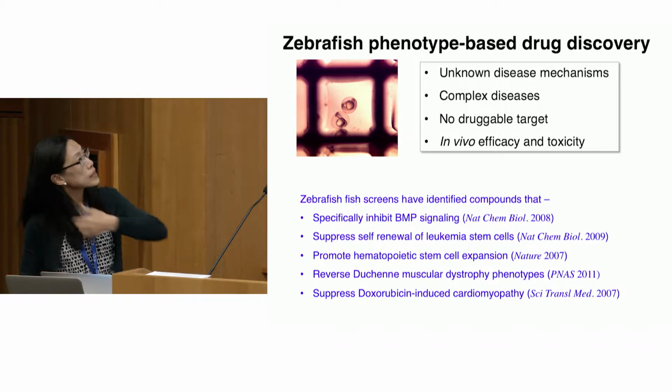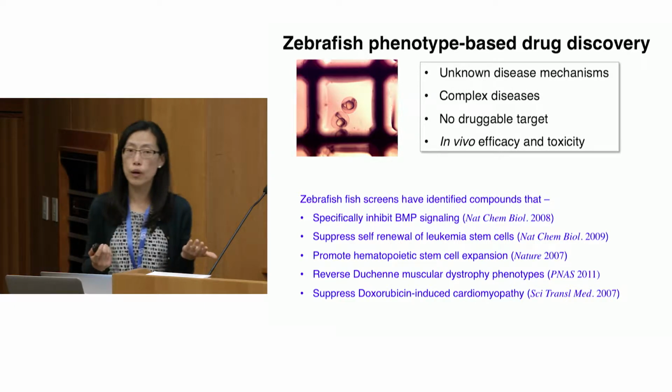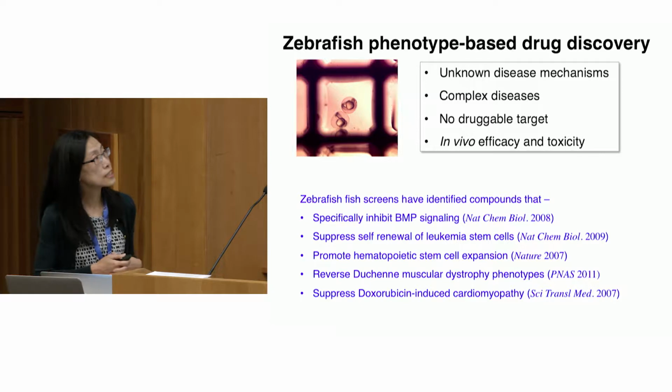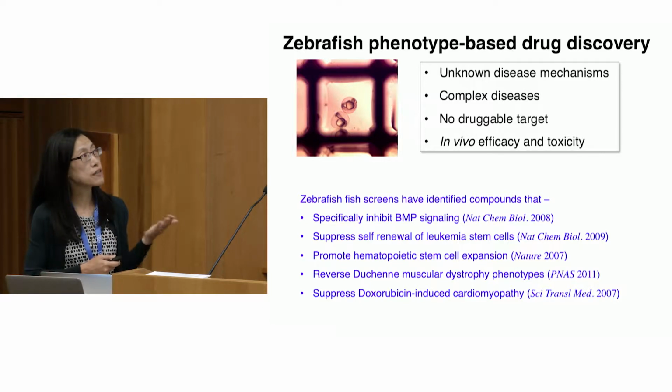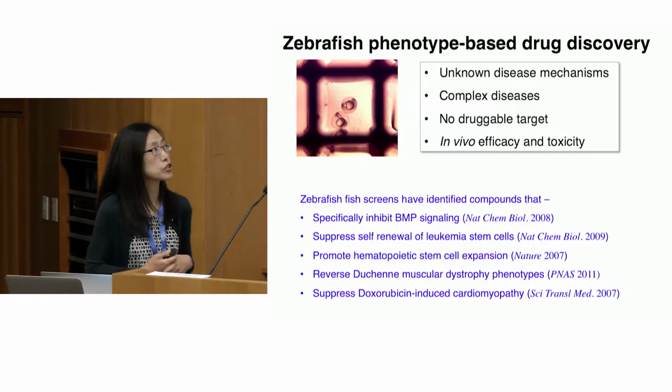The advantage of a whole organism phenotype-based drug discovery approach compared to, for example, the traditional target-based approach is that you can design the chemical screen even without a prior clear understanding of a disease mechanism. And also, only a whole organism can be used to model more complex diseases that cannot be modeled in a petri dish,